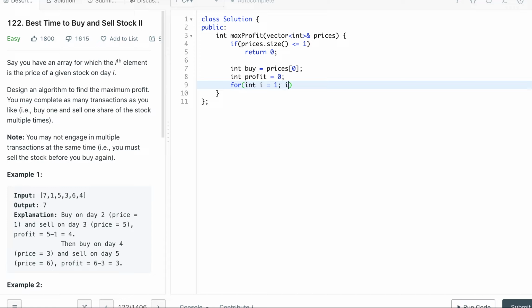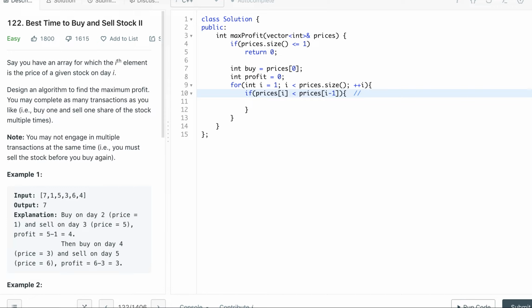I less than prices dot size, and plus plus I. Then if the current price, prices I, is less than prices I minus 1, this denotes a price drop. So whenever the price drops,